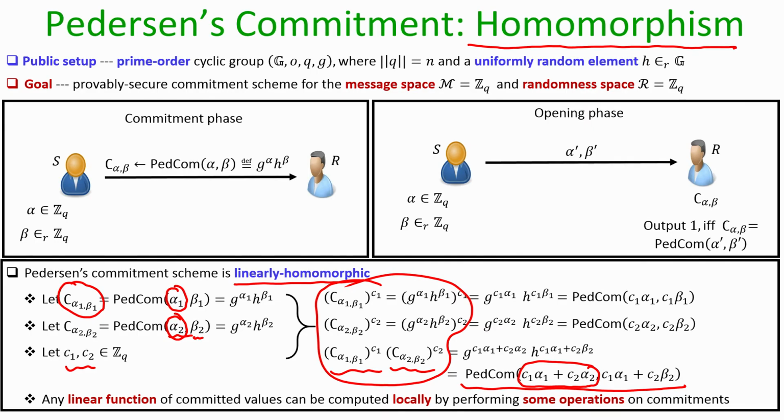It turns out that this linearly homomorphic property of the Pedersen commitment scheme can be exploited in advanced cryptographic primitives like secure multi-party computation. So, that brings me to the end of this lecture. Just to summarize, in this lecture we have seen the applications of the discrete log assumption, namely an instantiation of a fixed length compression function, and an instantiation of a commitment scheme, namely Pedersen's commitment scheme. The security of both these primitives is in the standard model, and their security can be proved based on the discrete log hardness assumption. Thank you.